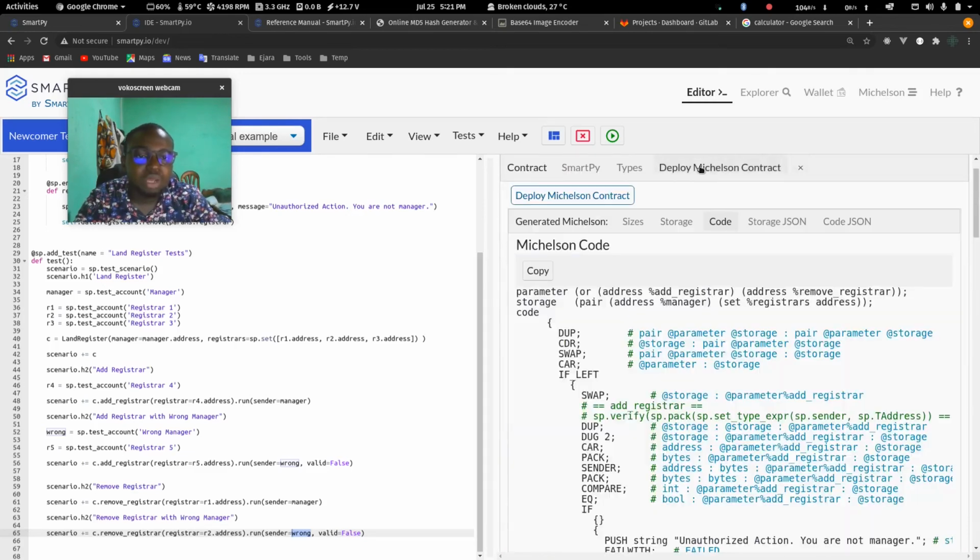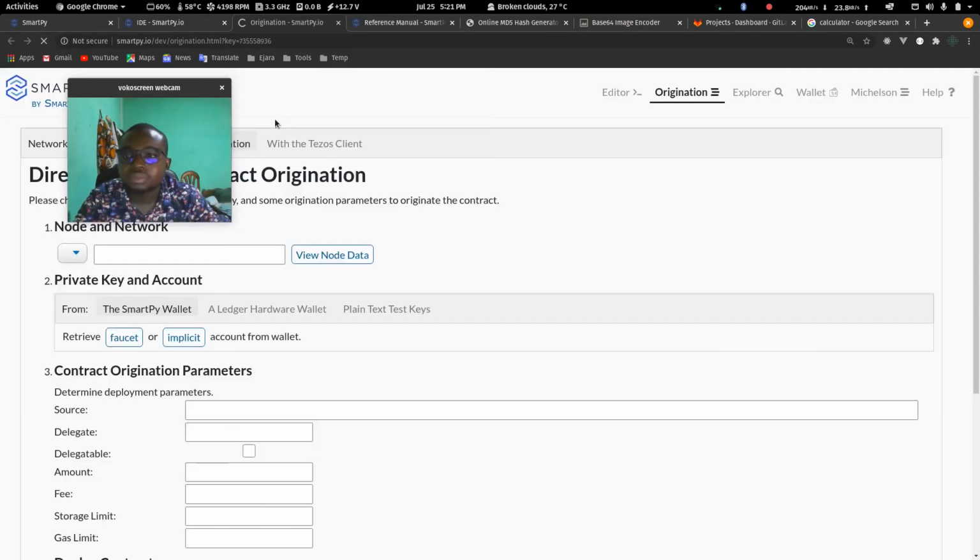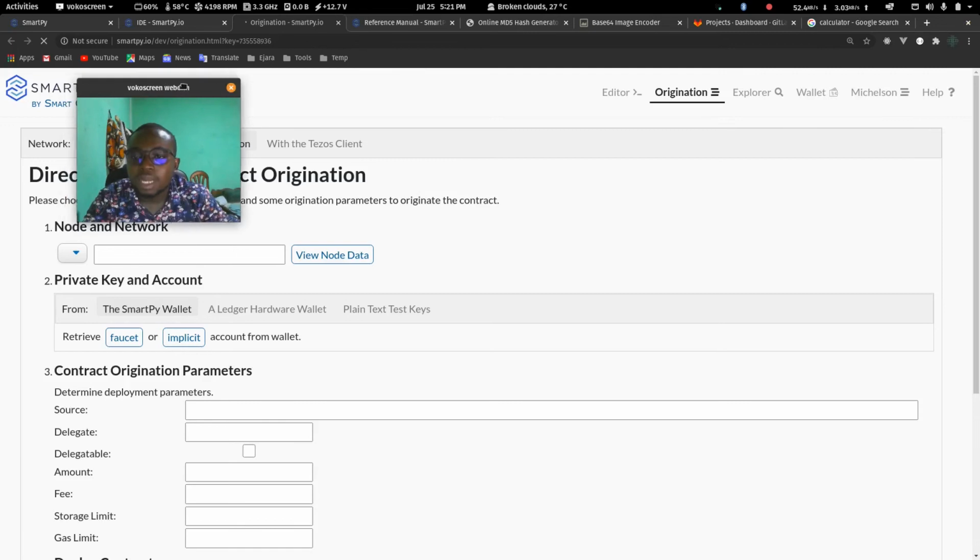so deploy microsyn contract. When you click on deploy microsyn contract, it will take you to a different tab, and with this tab